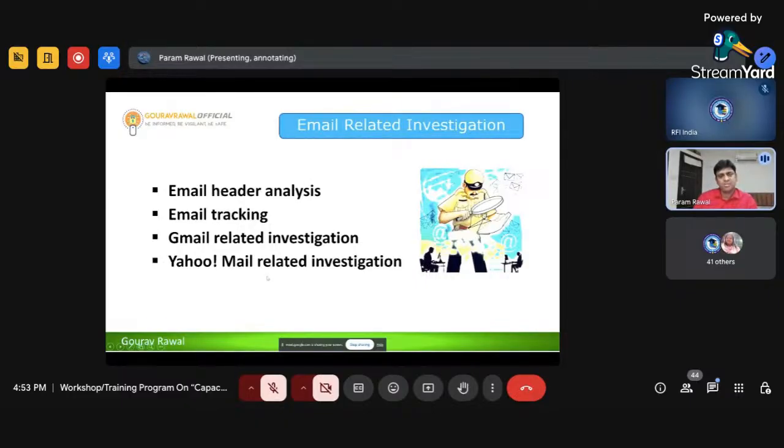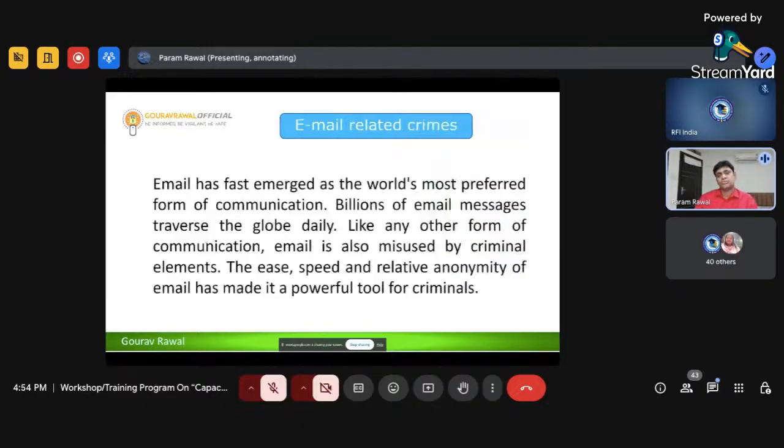But Yahoo is similar to other mail-related investigations. Once you get the SOP of the email analysis investigation, it will be applied for the various service providers, whether it is Yahoo, indiatimes.com or Hotmail. It will be the same. So for email header analysis, first we used to go.